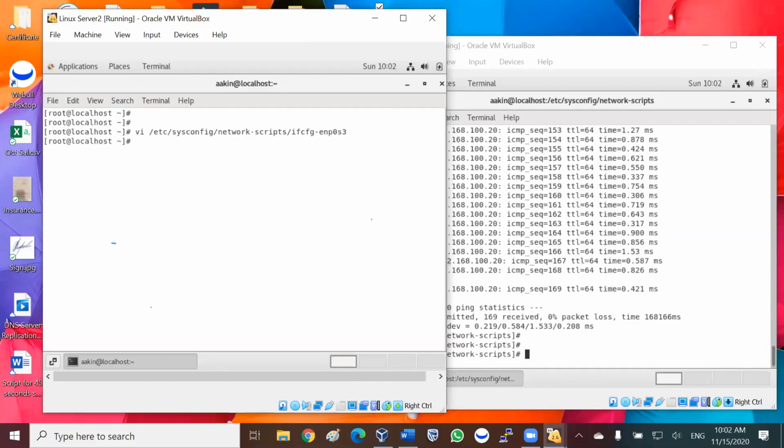To find out the name, I'll do hostname. The hostname of this machine is localhost.localdomain. I don't like this name, it's too long. To change the name of the machine, let me change it to